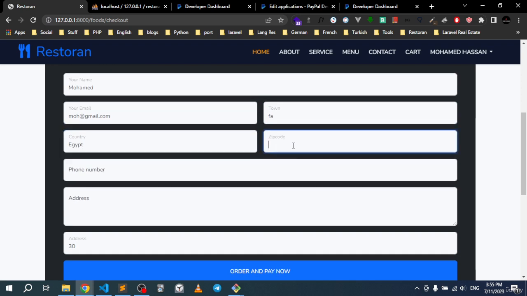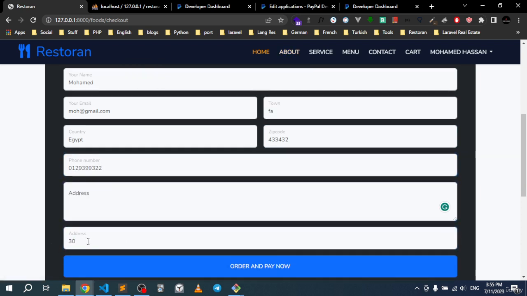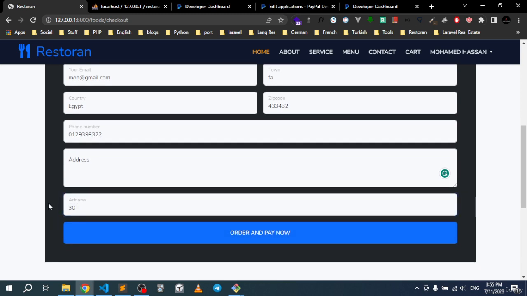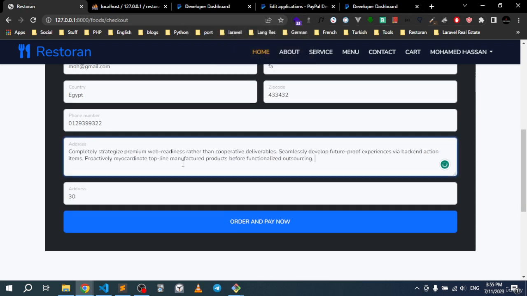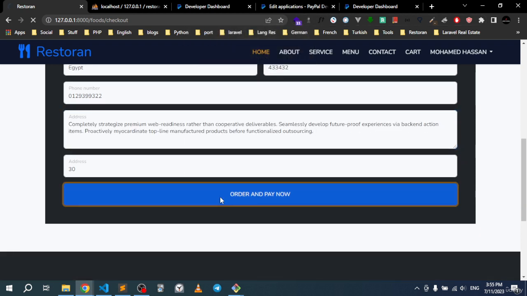All right, so for the zip code, let's write this, and for the phone number and the address right there. All right, we actually forgot to also make this input right there empty, but we're gonna make it. We do not actually need to refresh this right now since we wrote all of this. All right, so for the address, let's pick something like that. All right, and if we click order and pay now,